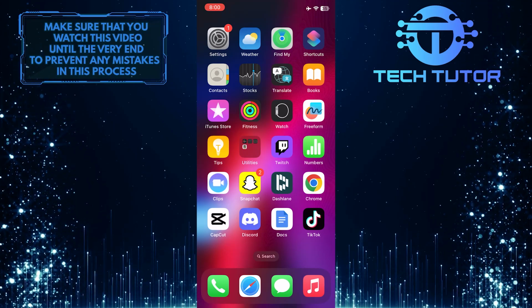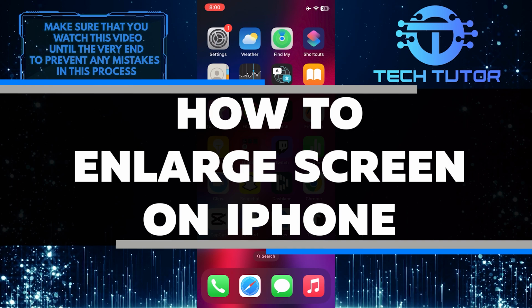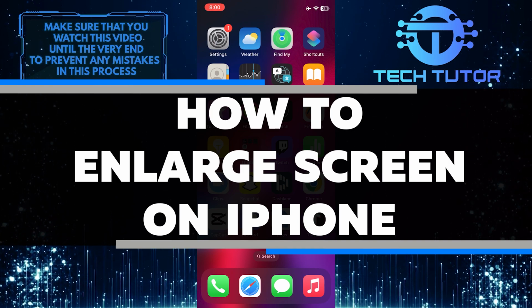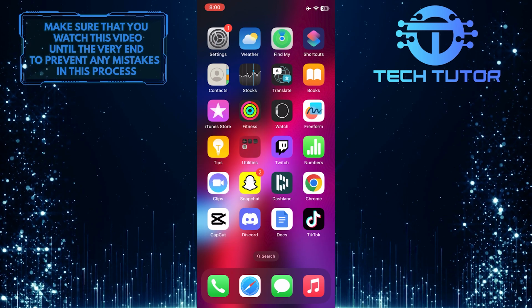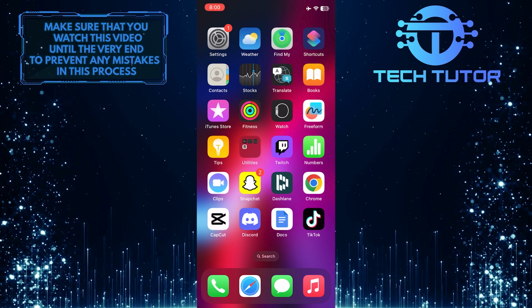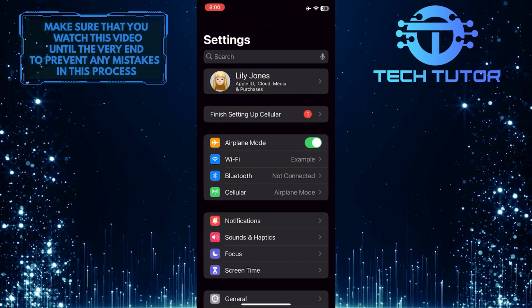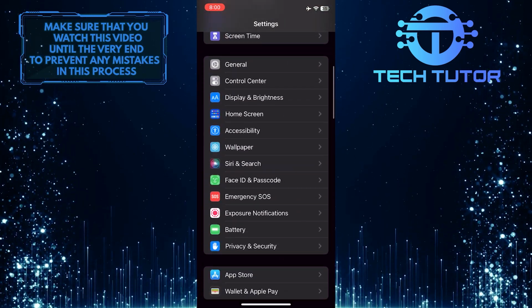Are you having trouble seeing your iPhone screen? In this video, I will show you how to quickly and easily enlarge the screen on your device. I'll walk you through all of the steps, so make sure to watch this video until the very end to understand the tutorial properly. To get started, open up the Settings app on your iPhone, scroll down a bit, and